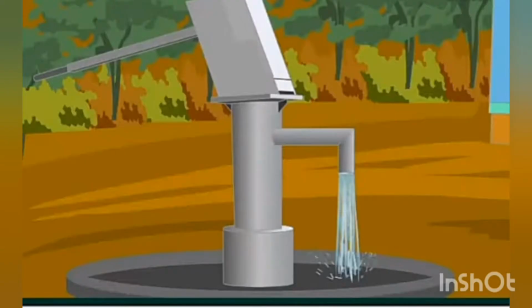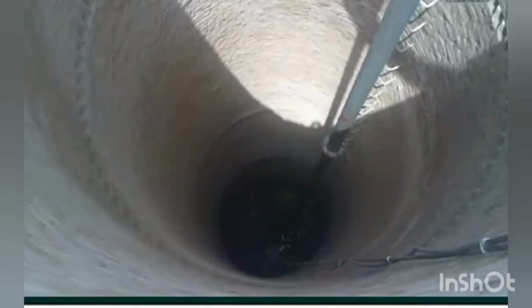Now let's move towards the second one, that is borewells. It is called boring water. Earlier wells were dug to get the water under the ground, but it was not possible to draw deep-seated groundwater. Deep-seated means very deep under the ground. Now, with the help of electric pumps, it is possible to do so. Nowadays, electric pumps make it possible to remove the deep-seated groundwater.